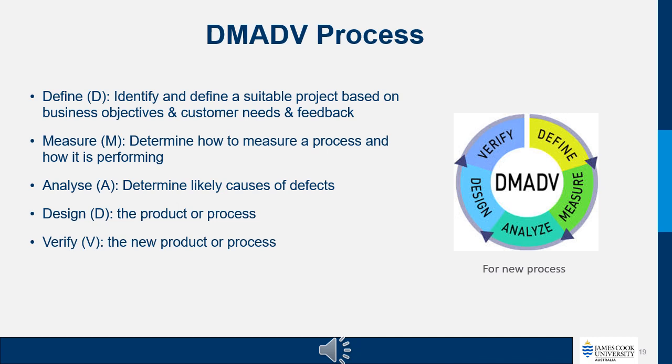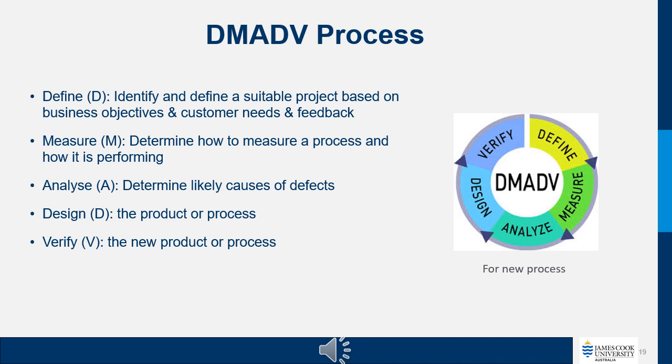Now, design. So, unlike DMAIC, this methodology, DMADV, includes a dedicated design phase. In this step, the team focuses on creating and developing new and improved design for the product or service. They generate and evaluate various design alternatives, seeking innovative solutions that align with the defined project goals. And the final stage here involves verifying and validating the new design, product or process. The team tests and evaluates the design to ensure it meets the requirements and performs as expected.